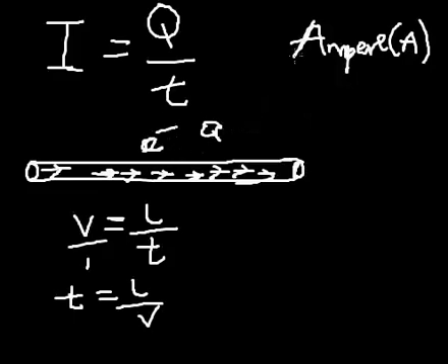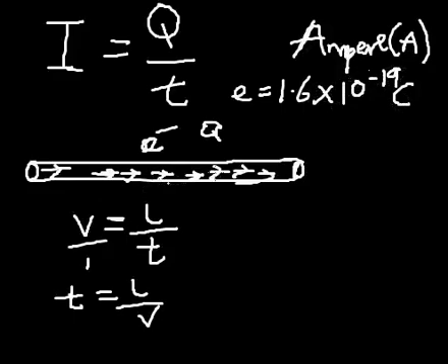For example, one electron has a charge of 1.6 times 10 raised to the power of minus 19. So the quantity of charge flowing through this conductor depends on the quantity of electrons. So I can simply say that the quantity of charge Q